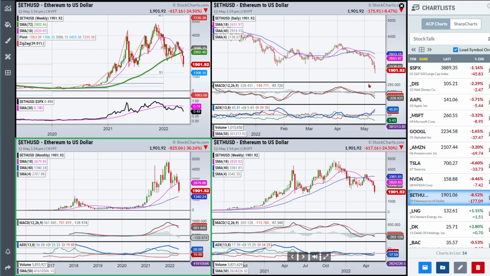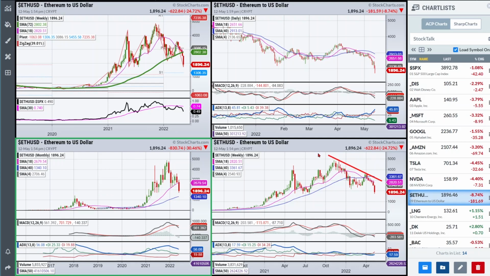The trend is down. We're below an 18-day. We're below an 18-week. And the 18-month is still rising, but we are below that. So look at how strong the momentum is on the daily chart right now. I mean, we're coming into some price support here, but this is not a stock, this is not a market or an instrument that you want to be playing with unless you really want to play on a shorter time frame. Obviously, based on what I've been saying here, we've broken this trend line.